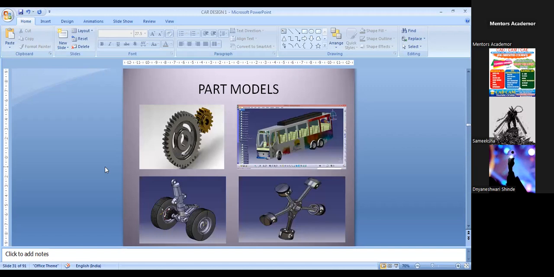Part models. What types of models can you create in CATIA software? See here: landing gear, radial engine, next a bus, and gears, spur gears. These are created in CATIA software. Some of these are assembly parts. A number of parts can be assembled by using the Assembly workbench. Next one,